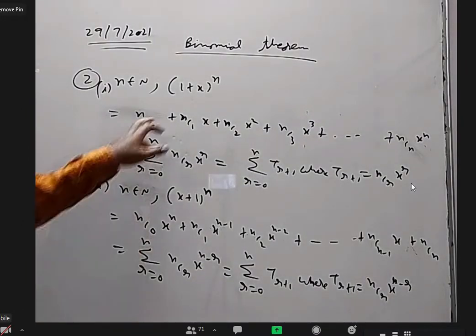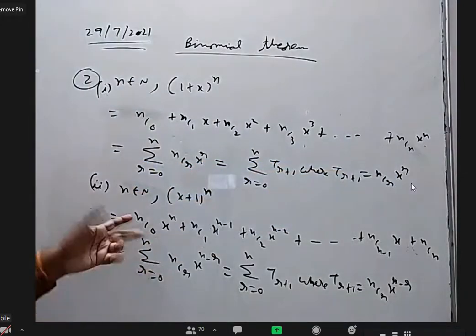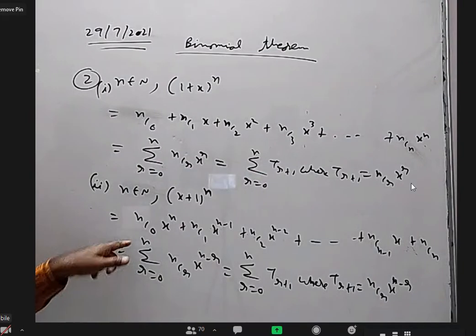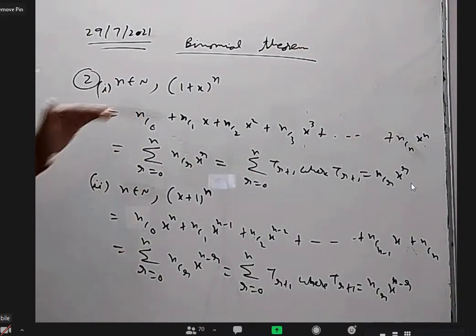And nC0 and nCn are the same, since the last term here and the first term here are the same only. There is no difference because nCr equals nCn minus r, right? Okay. There is no difference between these two, but still there is a reason that we are writing like this. I will tell you what that is. Maybe I should have explained first and then written this, but it's okay. No problem.